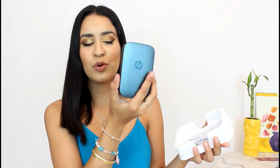And this is the little printer. It's really, really small compared to my face or my hands, and I really love the color of this. It's kind of like a blue purple. It reminds me of the ocean, so I really like this one. It says on the back